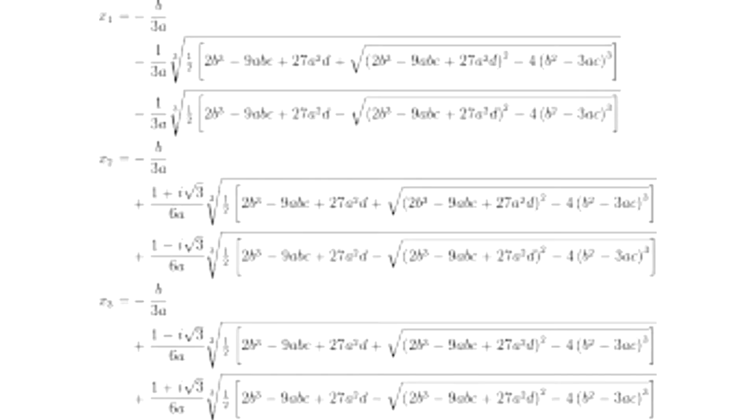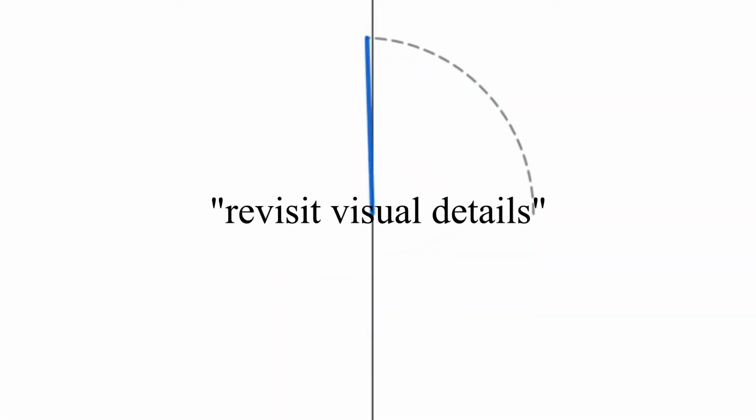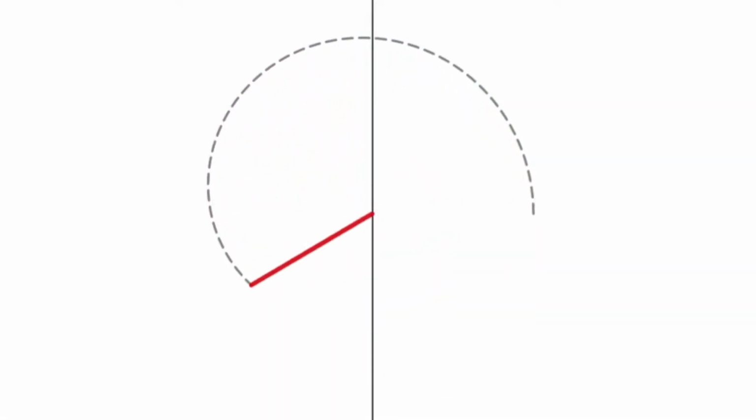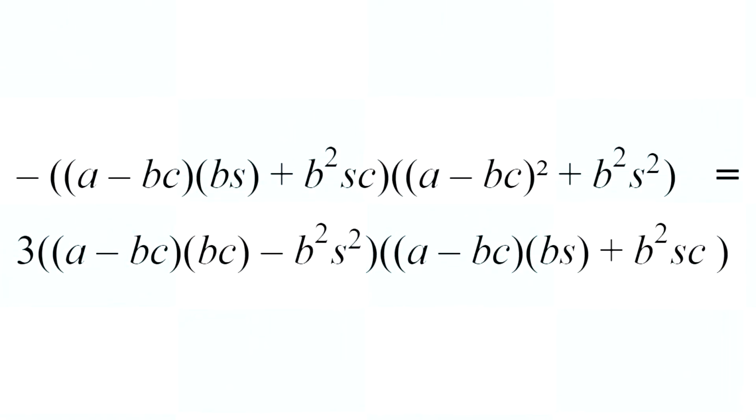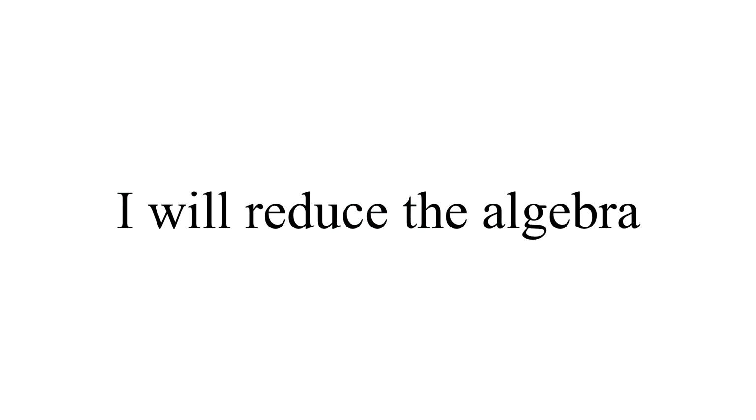Okay, this is the part where the algebra segment is supposed to happen. But you know what? Since I wanted to revisit visual details in this video, I have a slight reconsideration. Instead of focusing on the steps and processes of converting the evolute, I will reduce the algebra to a sped